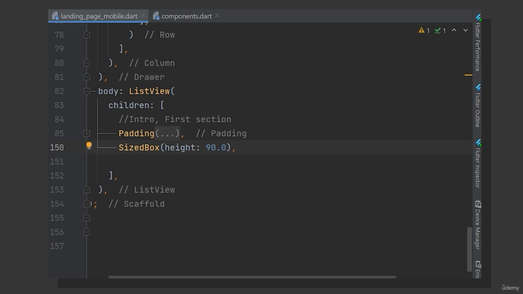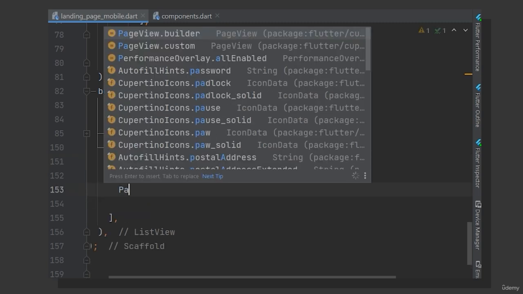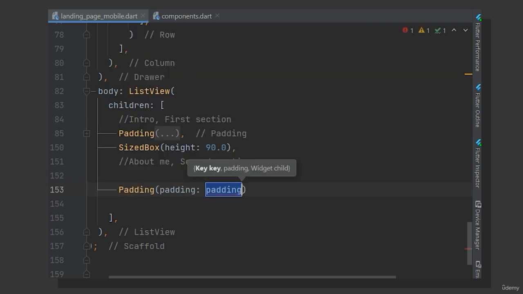Then, we are going to focus on coding the About section of the page. Let's start by adding a comment here that will denote the start of the second section. So, let's write About Me, second section. This section is also going to start with a Padding widget. Let me set the padding to